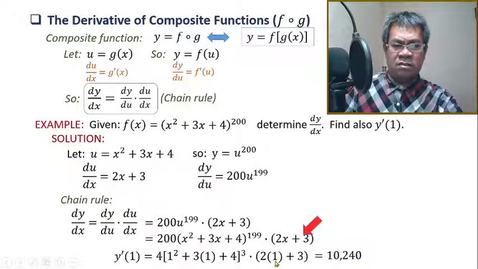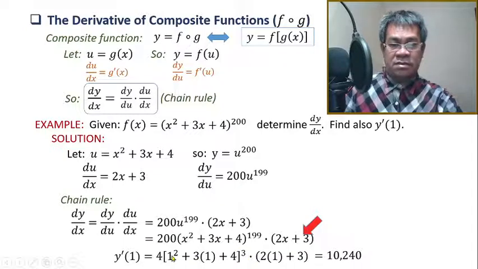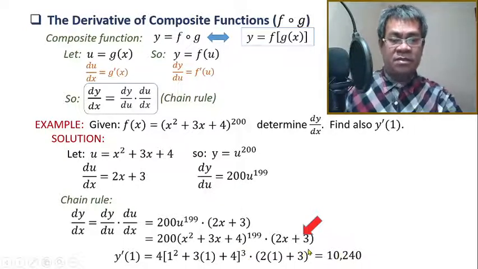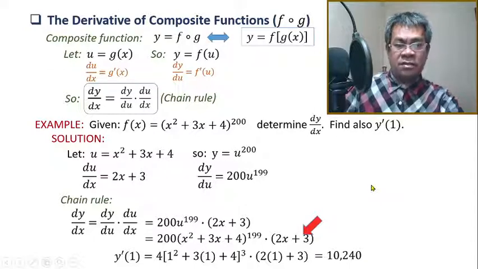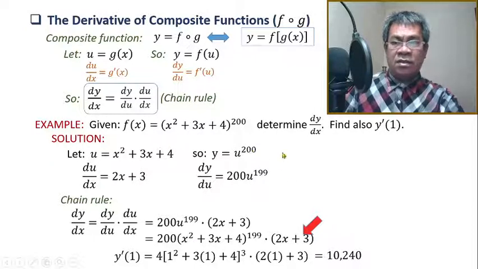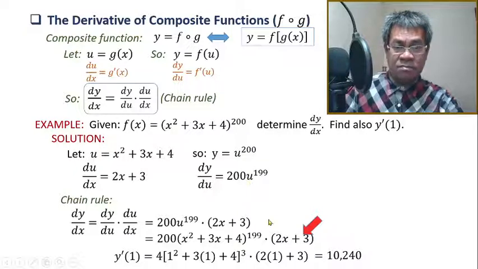So I hope that this is correct. Kindly double check my calculations, but take note, these are the process. So verify this answer if we arrive at the same answer. If not, then you have to change this. Okay, so that's it. So therefore, this is very complicated without the chain rule. So we cannot solve this without the chain rule, practically. And the process is still the same.